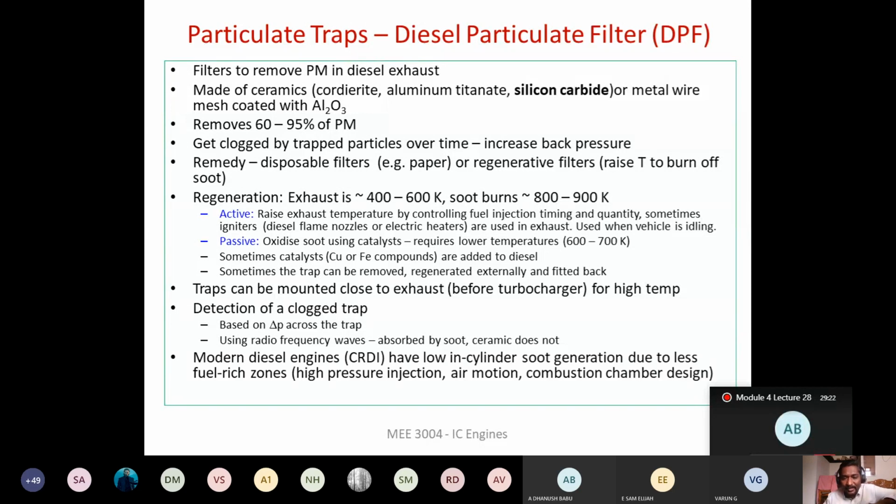In modern diesel engines, a smaller amount of soot is being emitted. This is achieved by operating at a fuel-rich zone, thereby the temperature is maintained higher, and by injecting the fuel at a very high pressure and creating turbulent motion, better mixing of air and fuel is ensured. By also changing the engine design, they are achieving less soot emission.